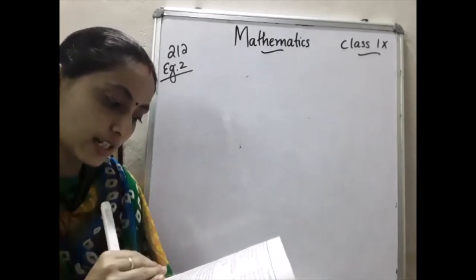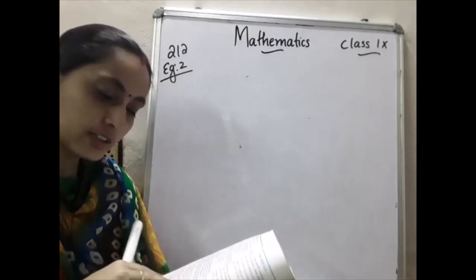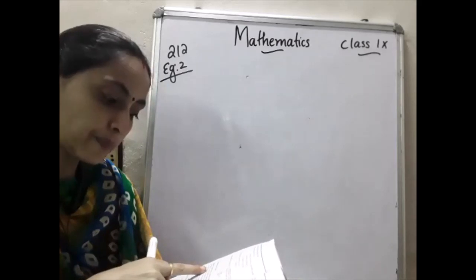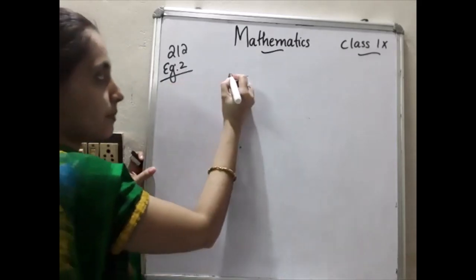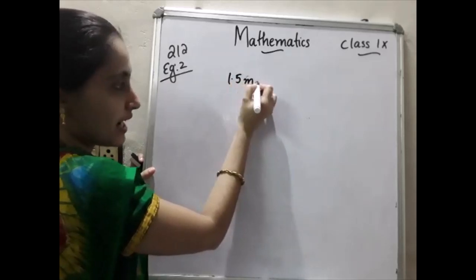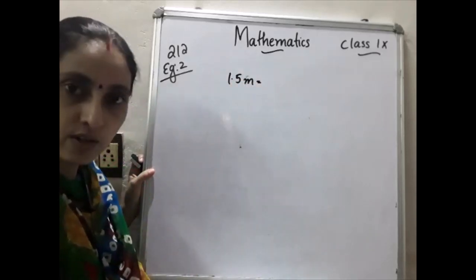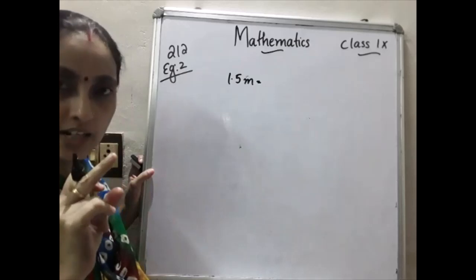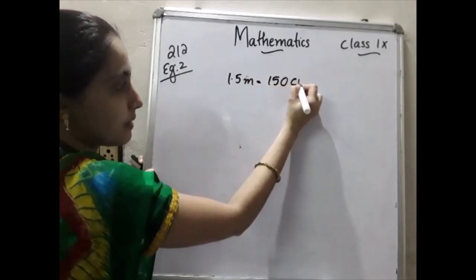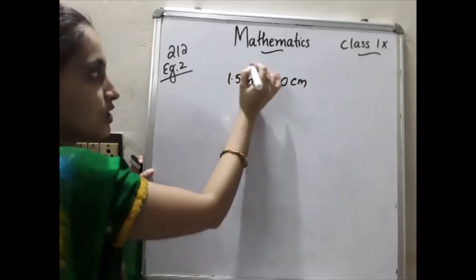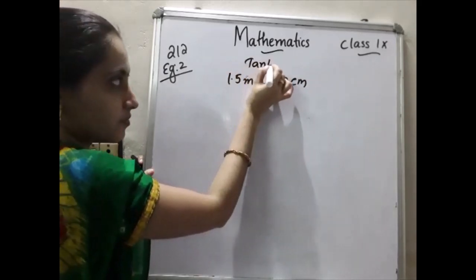What is the question? The outer edge of the cuboidal tank is given as 1.5 meter. We can convert it to centimeter. Why do we have to convert? Because each tile has a length of 25. So that is 150 centimeter, which you have to write first. This is based on the tank.